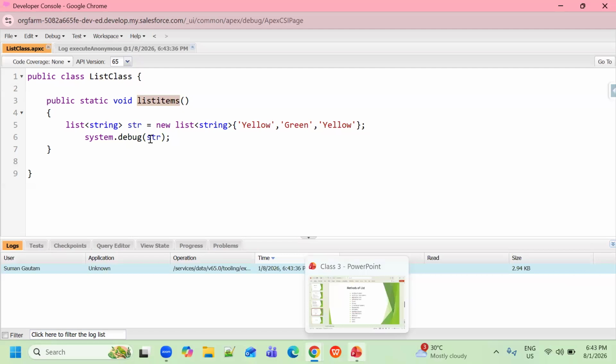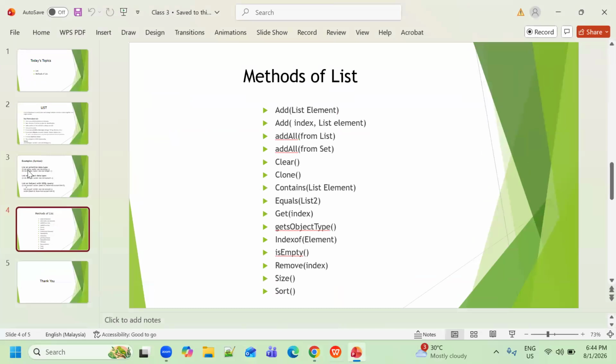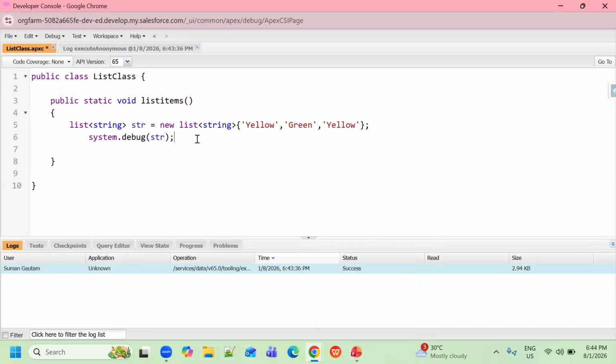Now in a similar way, we can store integer values also, right? And if I want to show you, just come back. So this is a list of account, right? So here I'm going to create a list of account. This is an SObject, right? ACC equals to new list of account,